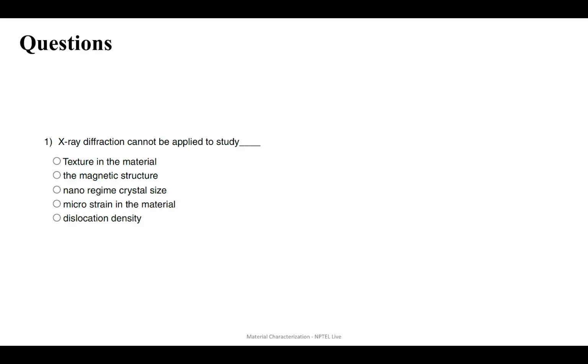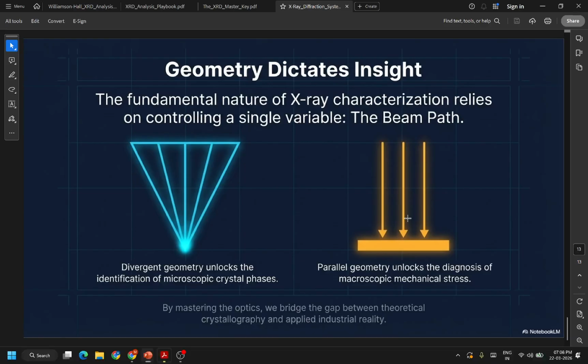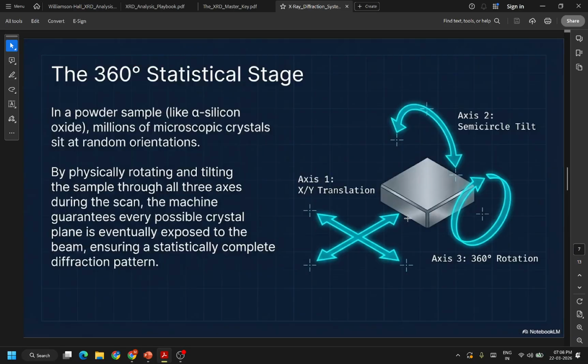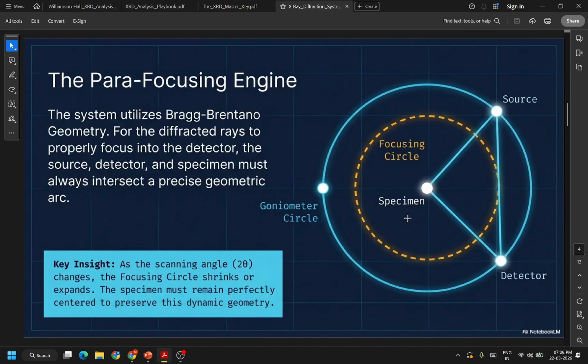So GIXRD is actually called grazing incidence XRD. It is a variant of your powder XRD. In typical XRD, you're measuring your material as well as the substrate. Now, let's say you don't want to measure your substrate, you only want to measure your material. So what you will have to do is, on your material, you will have to